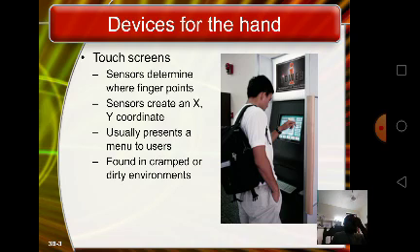Touch screens work well in environments where weather would render keyboards and pointing devices useless, and where a simple interface is needed, such as an automated teller machine or public information kiosk.